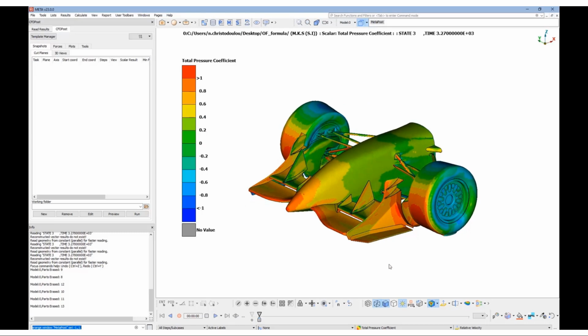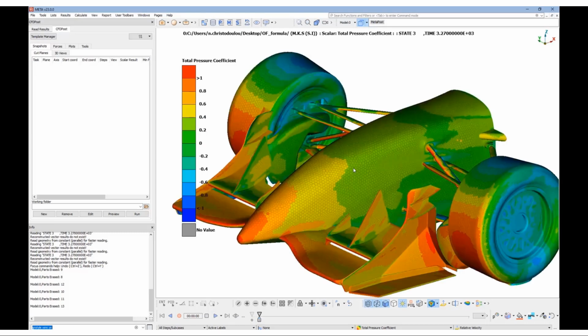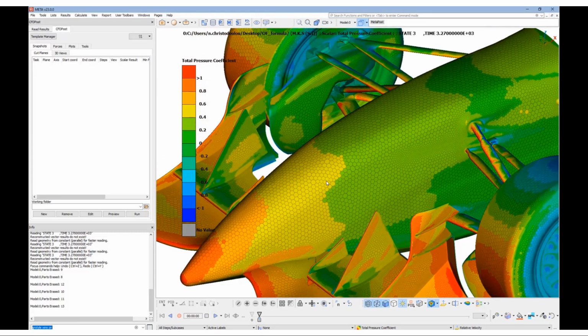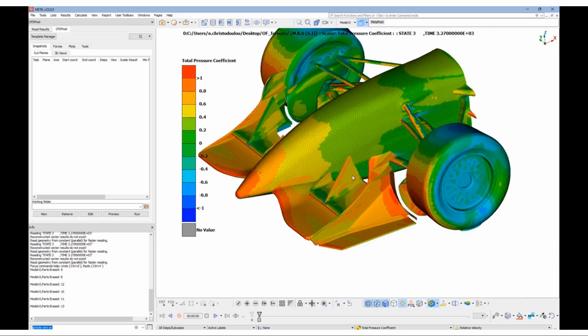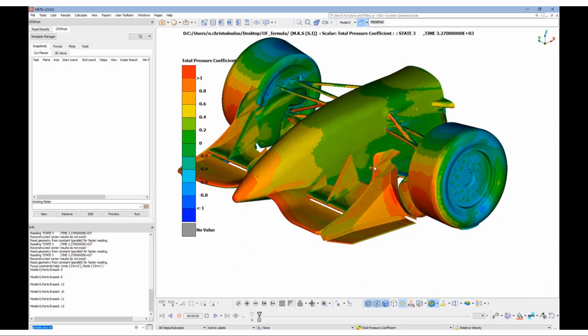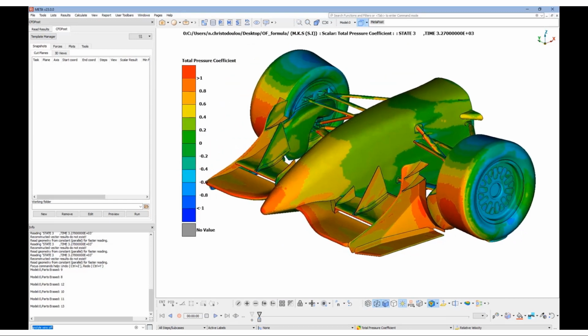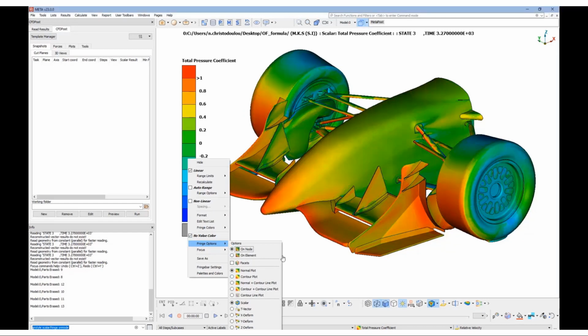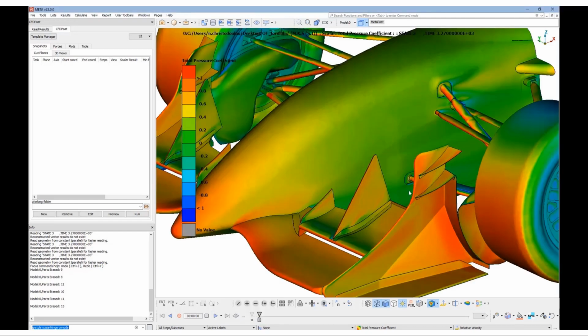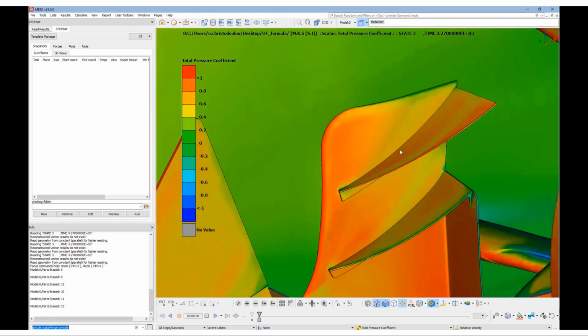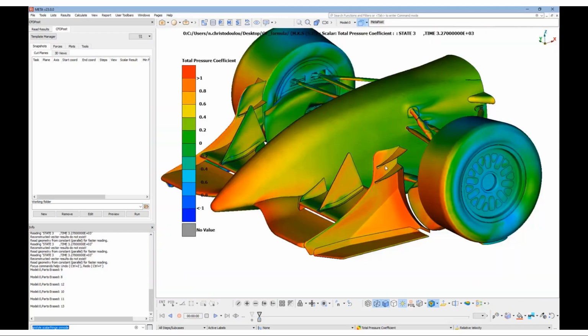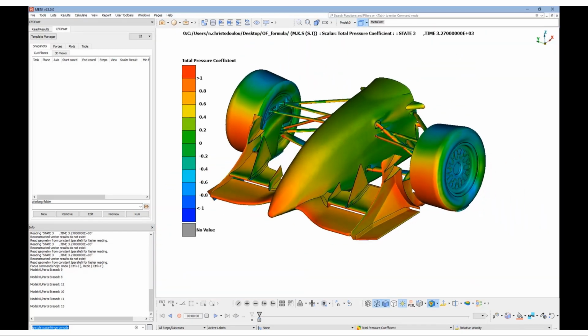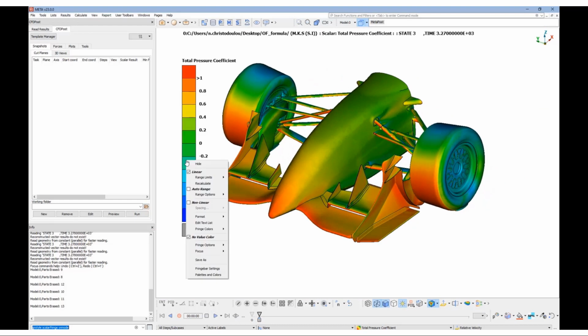We can also activate the wire in order to visualize the mesh. We can change the visualization based on how the results will be plotted, on nodes or on elements. You can see how much smoother the visualization is on nodes, since an averaging of neighboring values is taking place.